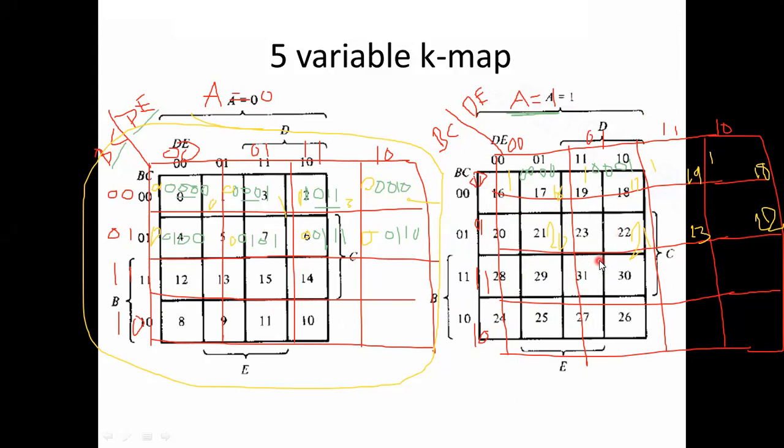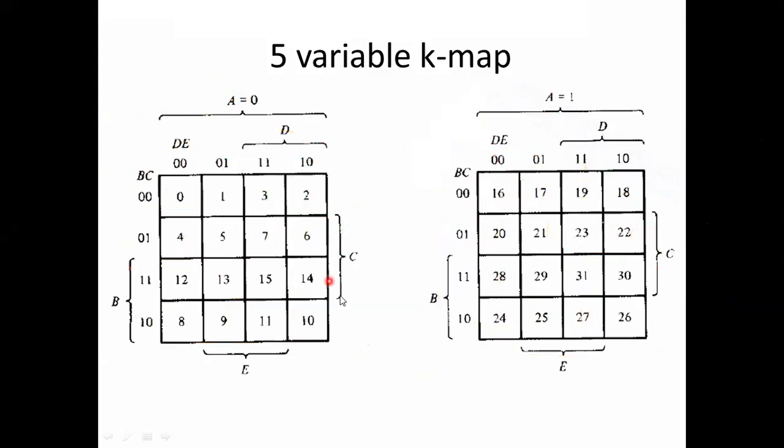Do you understand here how to get this? See that individually. This is the general K-map for 5 variables. This is 4 variable. This is 4 variable. 4 variables BCDE, BCDE. Here, the 5th variable is A. That is the MSB bit. That is the MSB bit. So for this